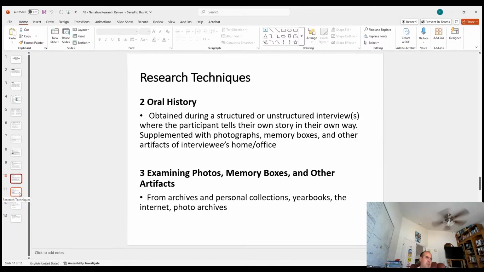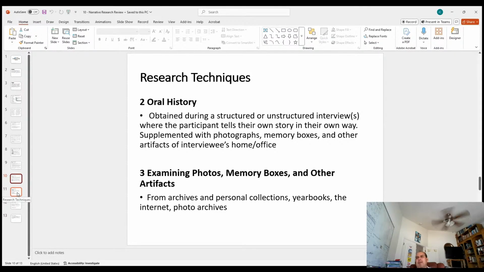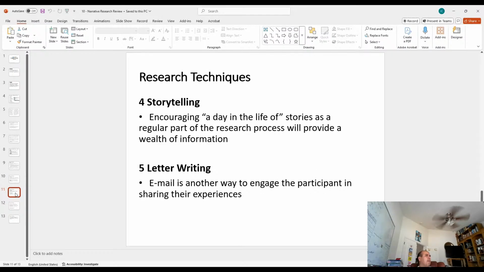I don't know, maybe just because of your age, but back in my day, I took a lot of pictures where you had to go and take your pictures to get developed, and you have the physical copy of the picture. I still have thousands of pictures of my experiences with my family and such, and I have them all in big photo albums. I never look at them. The ones I look at are the ones that are digital, but nevertheless, I still have those old ones there. Maybe at some point I'd want to digitize them and maybe write an autoethnography about it.